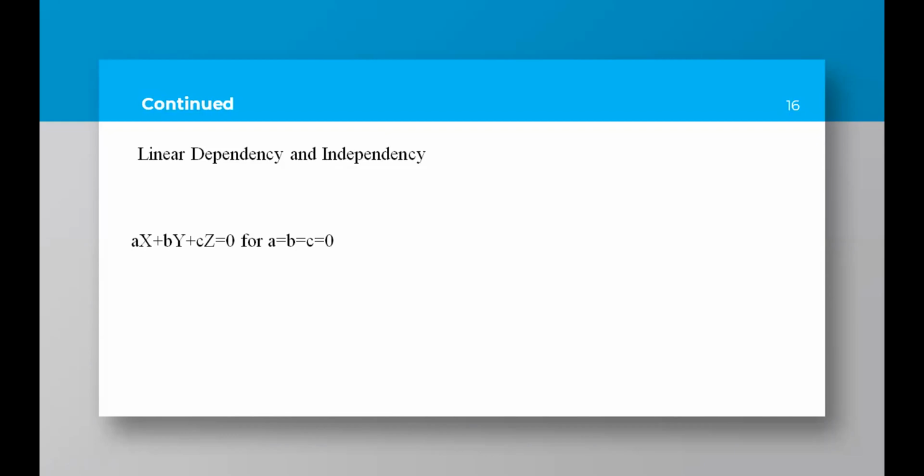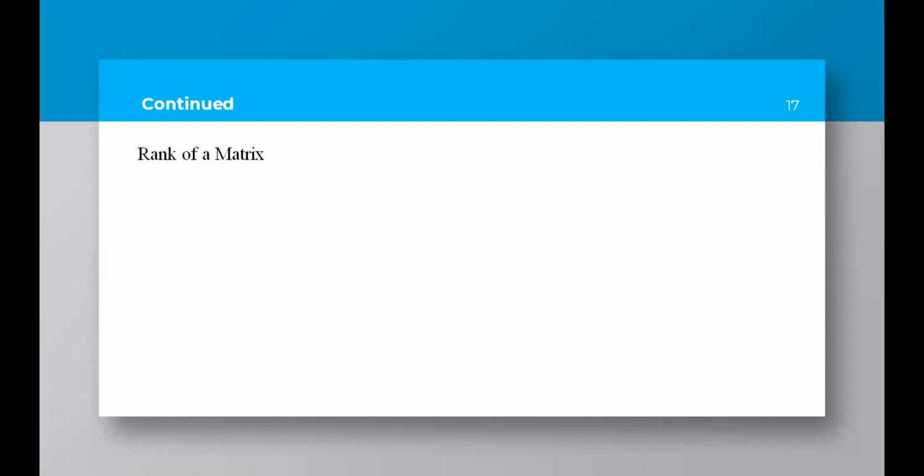In case you are getting any non-zero value for the constants, then we will say that it is linearly dependent. So next one is the rank of a matrix. What is the rank of a matrix? Anybody? Because we already studied this one. Do you remember the definition at least? You found the rank of the matrix by using, I think, the Gauss elimination method or row reduced echelon form. In the first semester itself you studied.